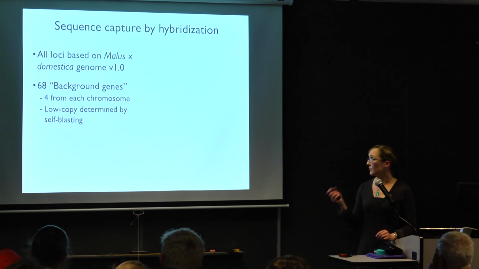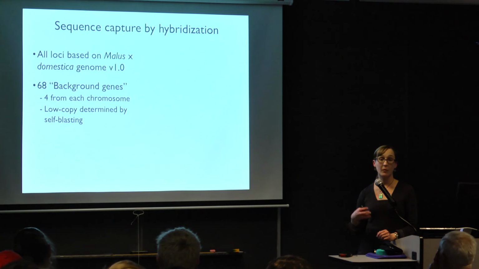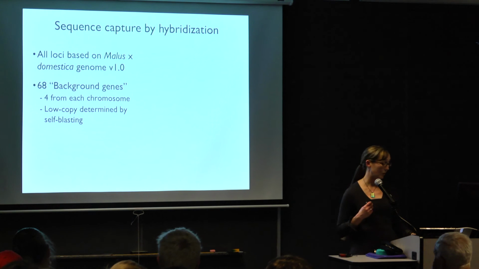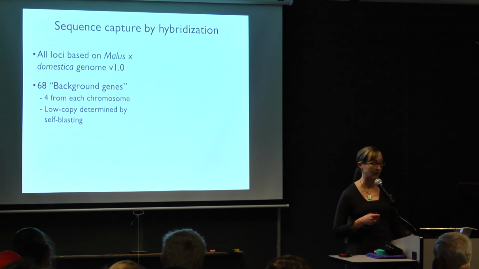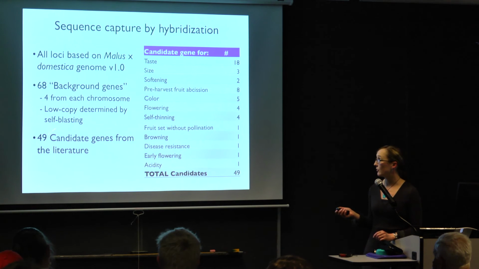And to make this a complete study design, I had to have both background genes from across the genome and my candidate genes, right? So for my background genes, I just chose 4 loci from each chromosome and made sure that they were low copy by blasting them against the genome to make sure they weren't part of a large gene family. And then I also had 49 candidate genes pulled from the literature. And these candidate genes